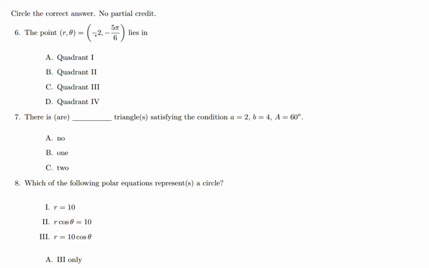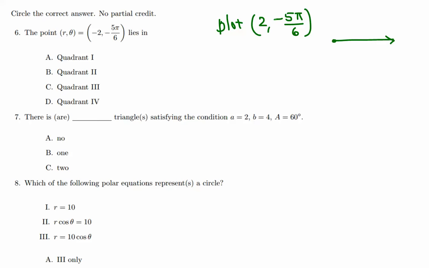Whenever we have r negative, we first plot without the negative, just (2, -5π/6), and then we need to find the inverse point, the mirror image with respect to the origin. In this case we need to say pole. So (2, -5π/6) would be, we have a polar axis,